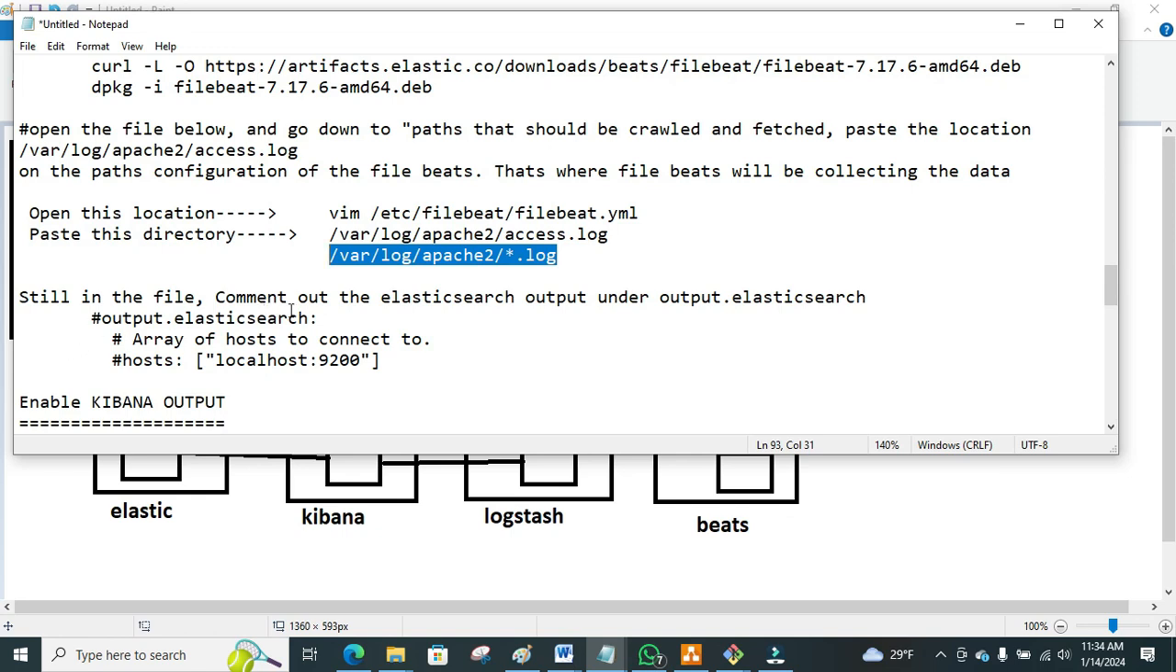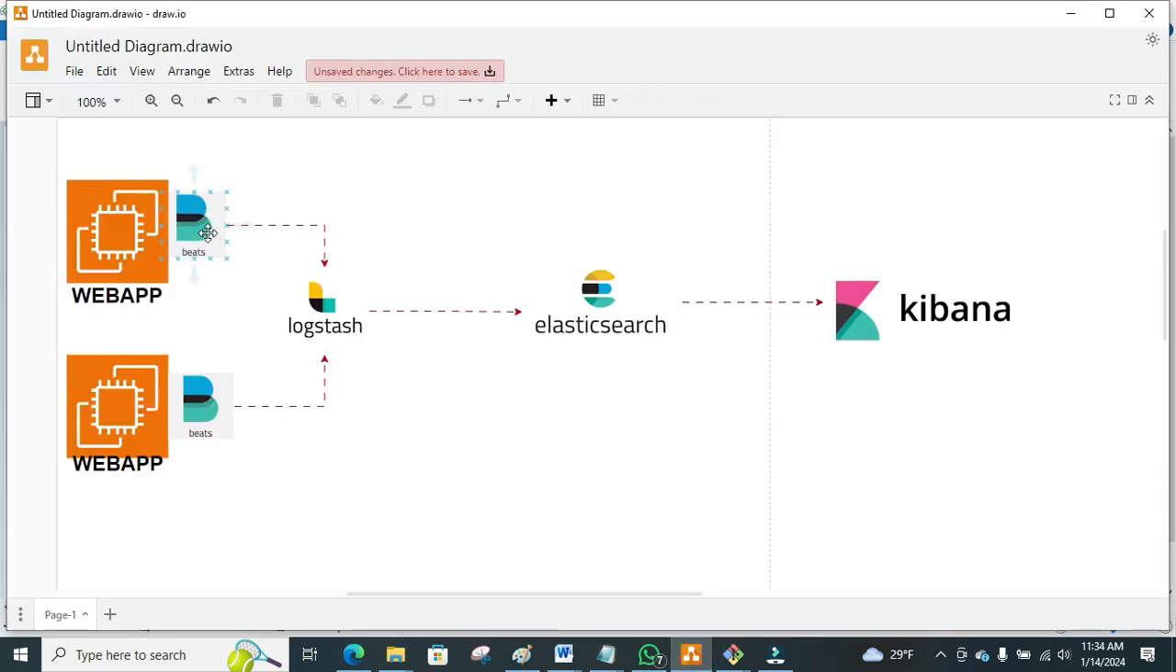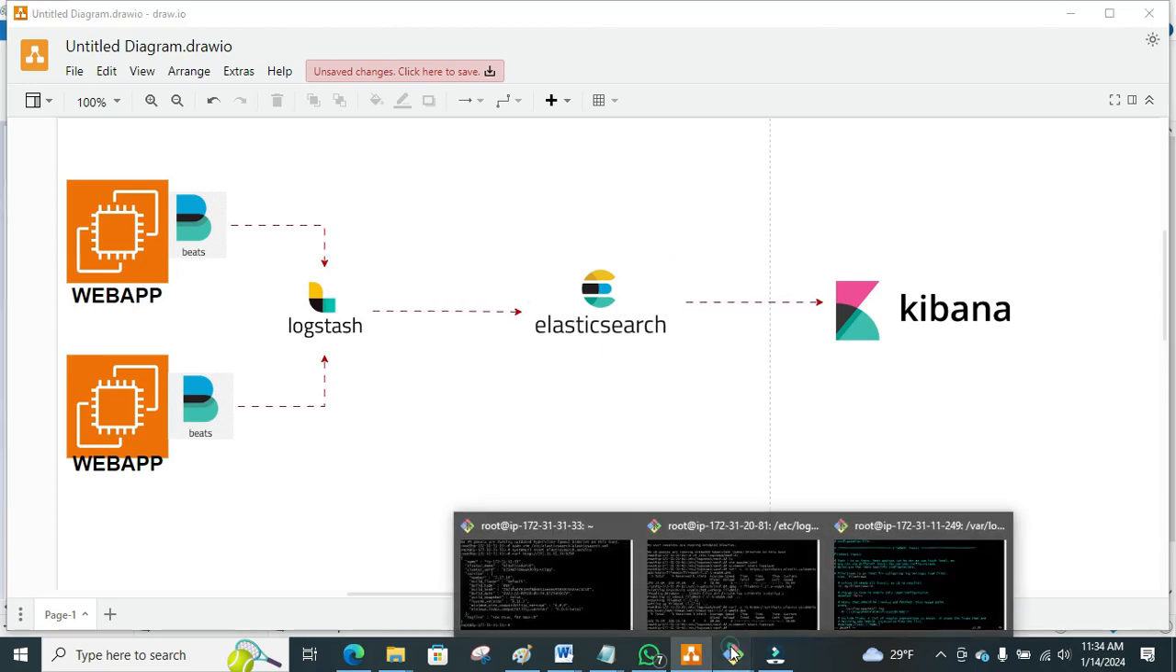Still in the file, comment out the Elasticsearch output, on the output, because we do not want Filebeat to directly send the logs to Elasticsearch. No, we want the logs to be sent to Logstash before going to Elasticsearch. So we are going to comment out